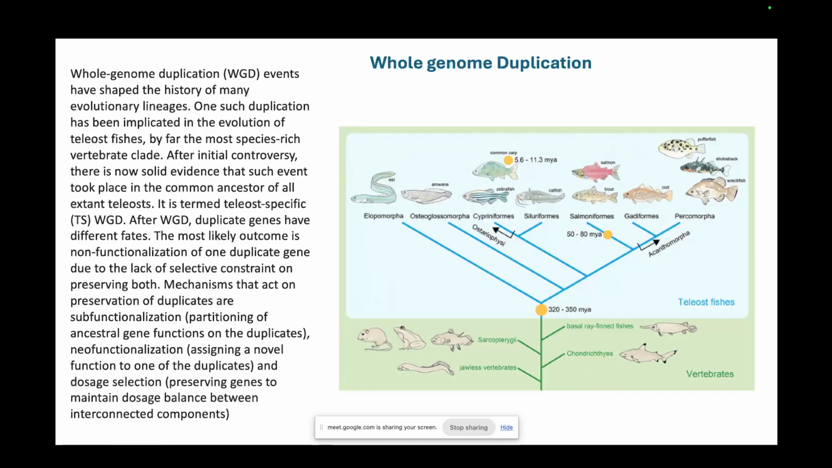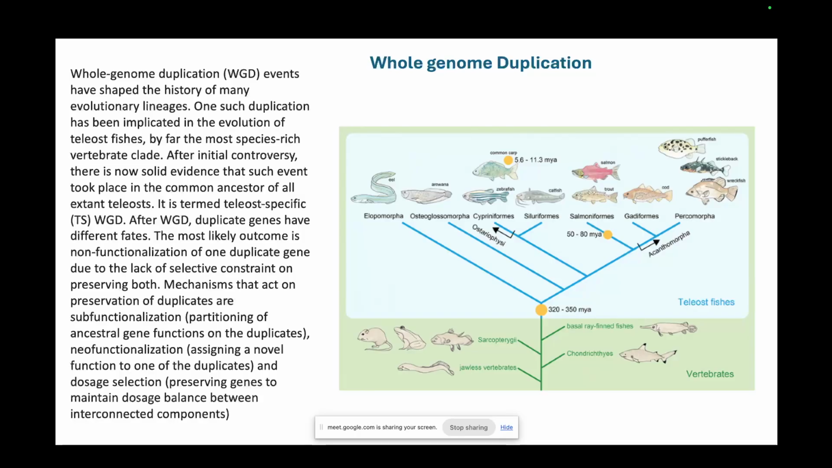One such duplication, this is one example of it, has been implicated in a particular type of fish called teleost fish, which is the most species-rich vertebrate clade. After initial controversy, now there is solid evidence that such events took place in the common ancestor of extant teleosts. It is termed teleost-specific WGD, which is whole genome duplication. The predicted whole genome duplication was sometime around 80 to 300 million years ago,